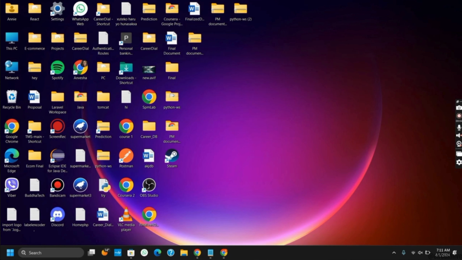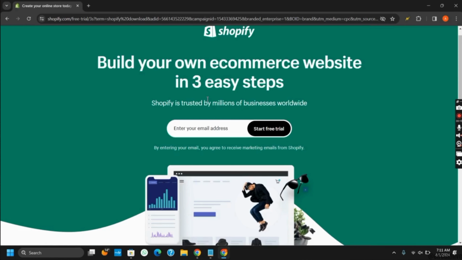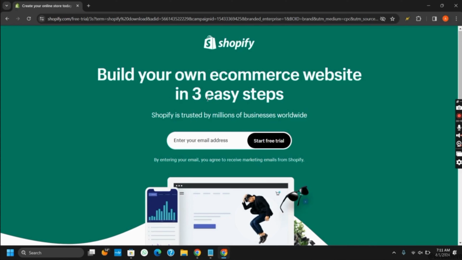Before diving into the steps to install or download the Shopify application, let's understand what Shopify is. It is a popular e-commerce platform that allows businesses to create, manage, and grow their online stores. It provides a set of tools and features to help merchants build and customize their online storefronts. So, if you want to grow your business and sell products or services, manage inventory, it is the perfect website